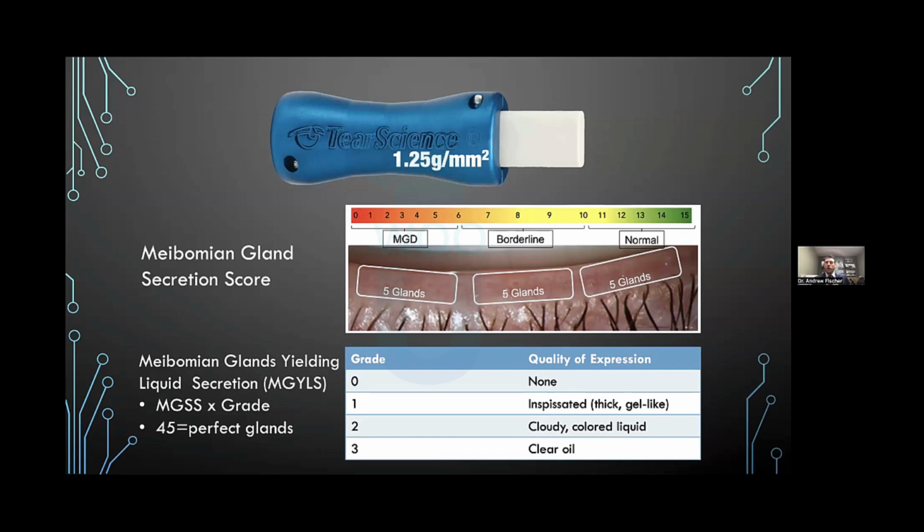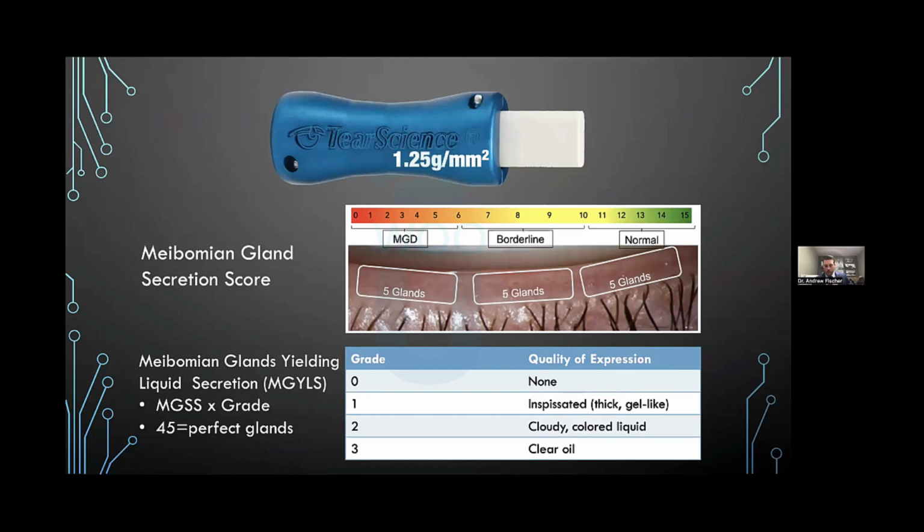When I use my finger to look at the quality of the oils, I tend to squeeze and squeeze and squeeze until something comes out. With this tool, even if I'm not fully digging into the eyelid, I can repeatedly apply the same pressure consistently. So I know my evaluation is consistent exam after exam, and I can really hone in on whether we are improving this patient's oil gland function.